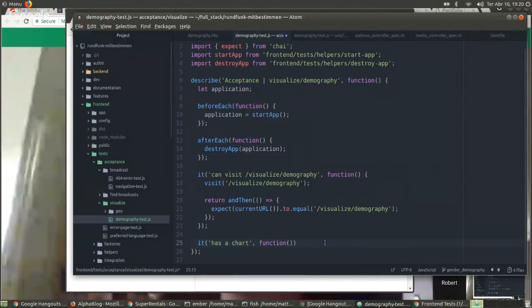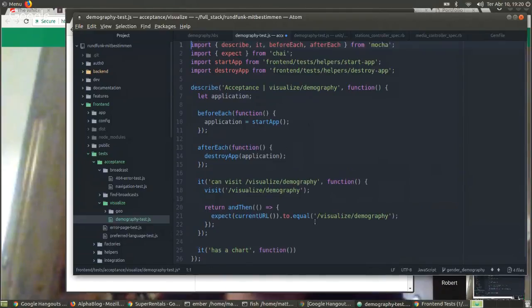But yeah, I mean, that's the thing, because if I wanted to, for example, go to the actual page, I can see there that I have a header 2 or header 1, whatever, that says German population chart. So I can test whatever this says, it has a chart, and then I have the function, and then no,